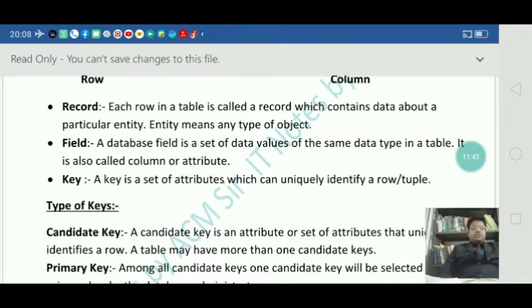Next comes the term field. So what is a field?